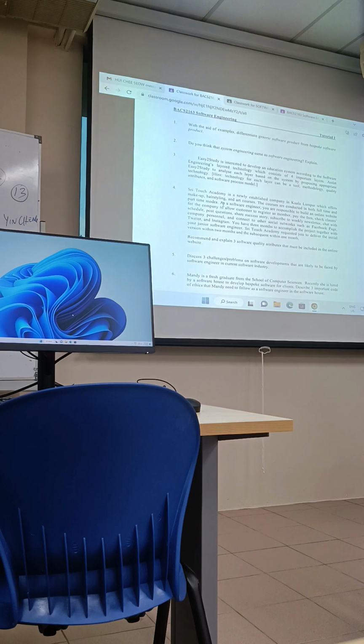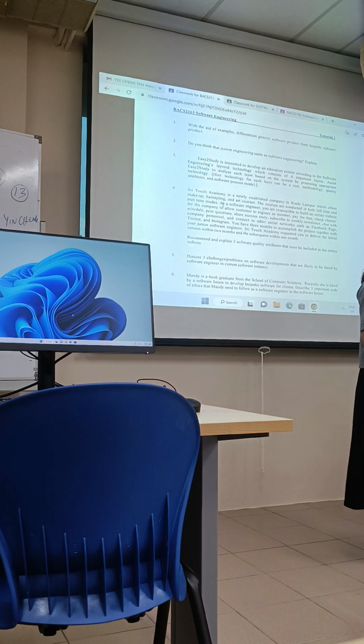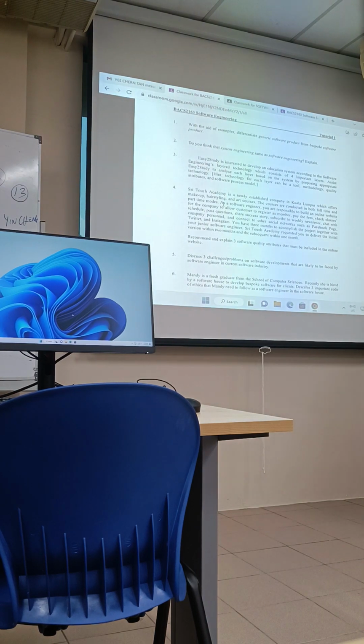Yes, only one. Foundation, a lot. Anybody transferred from other colleges or universities, credit transfer? No. A-level? No. So the majority here is UEC and also foundation. Diploma, only you, okay.